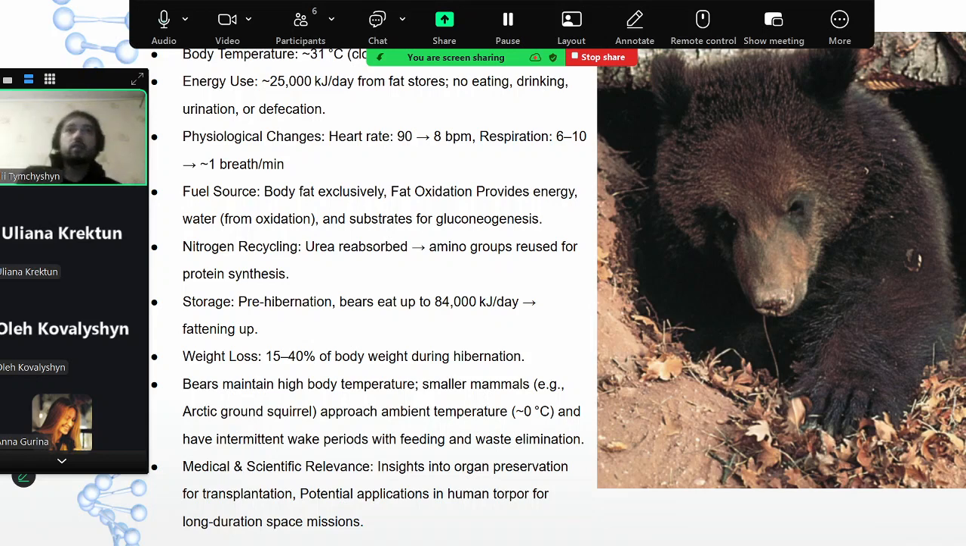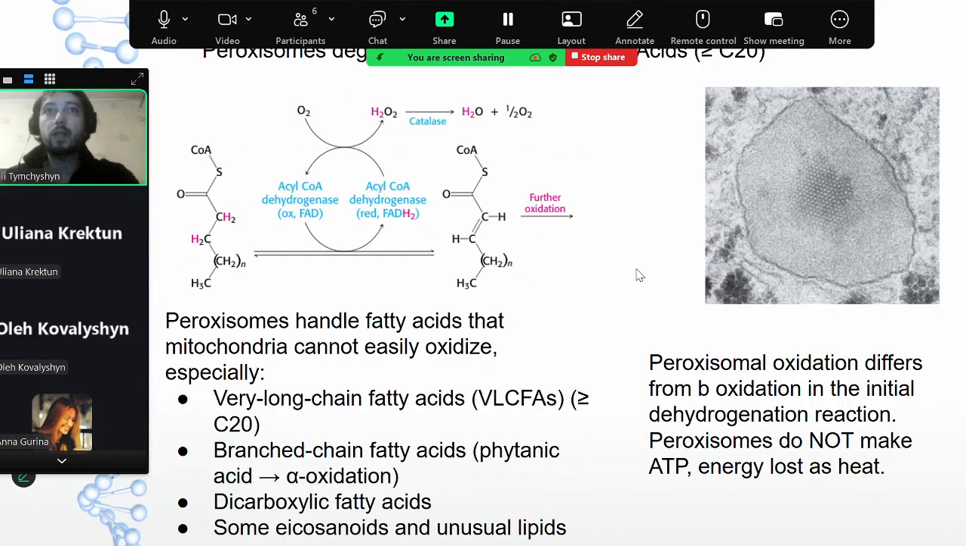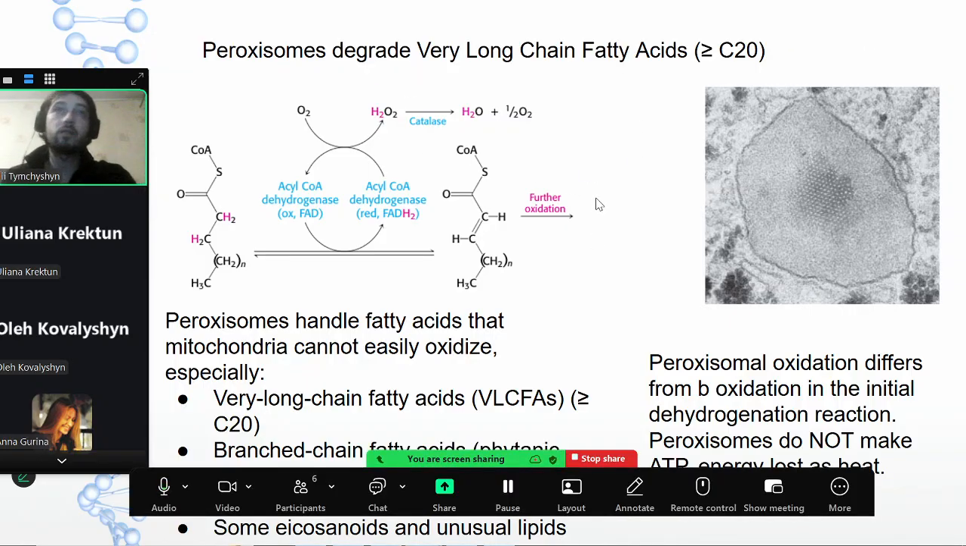Let's get started. So last time we finished with this nice looking guy, the bear, and today we are moving further. We have a little bit to say regarding the usage of fats for getting energy, and then we will get to some other processes in the liver that are quite important for us, including